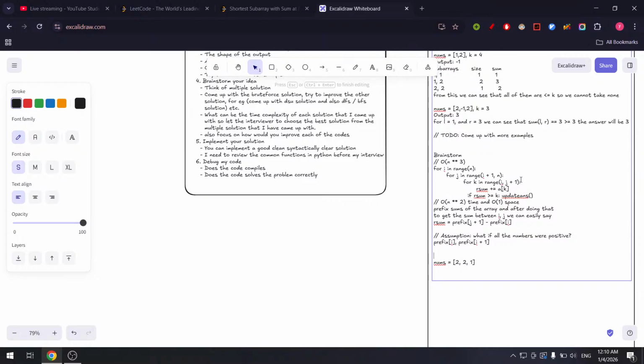Let's take the numbers to be this array, and let's also take k to be 3, right? So we can take these two, and if we take this, we can just see that the prefix sum at this point it will be 2, at this point it will be 4, at this point it will be 5,